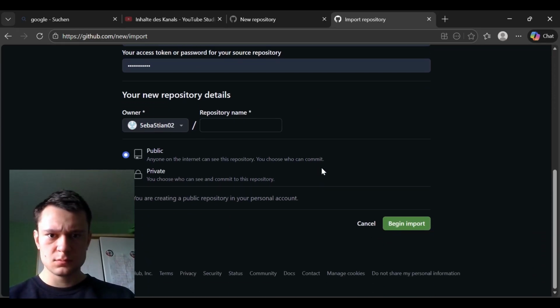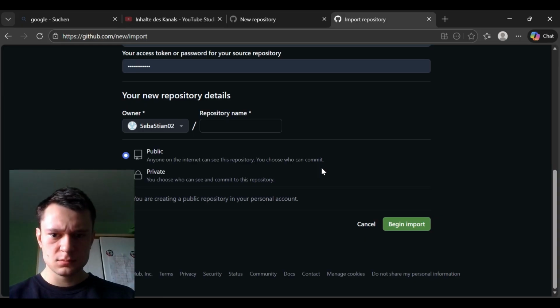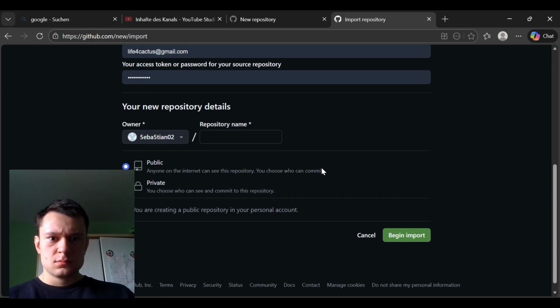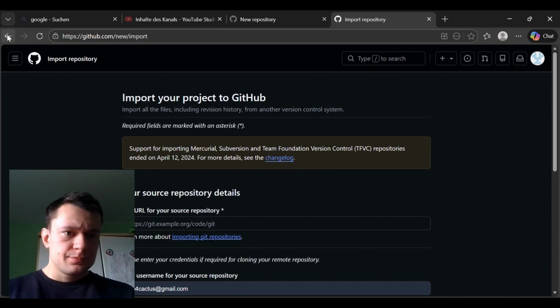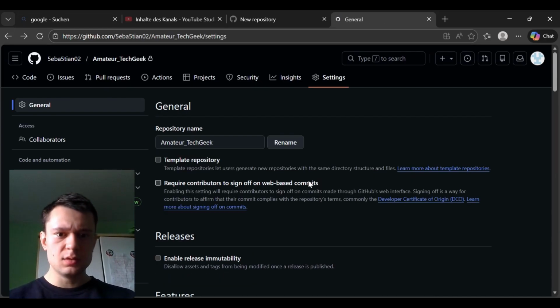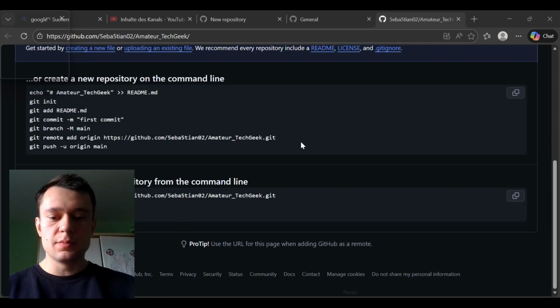I don't know why I always have problems with that. Okay, so apparently this is not possible anymore. So I think I need to go to HTTPS